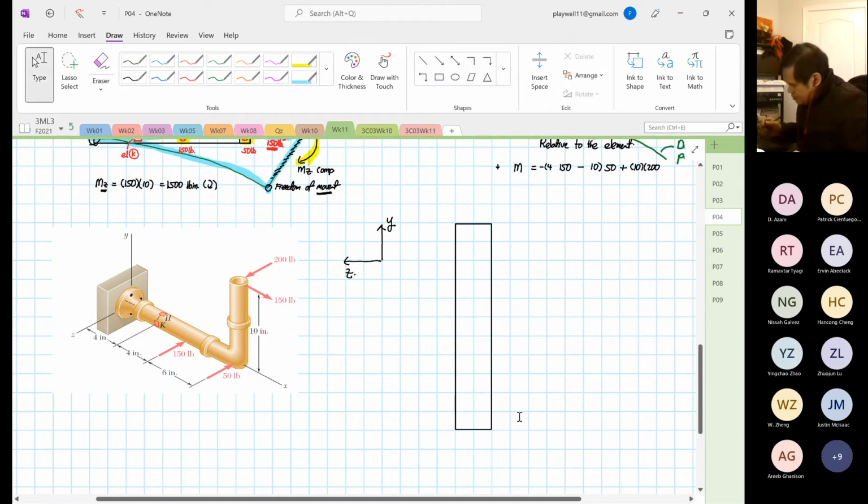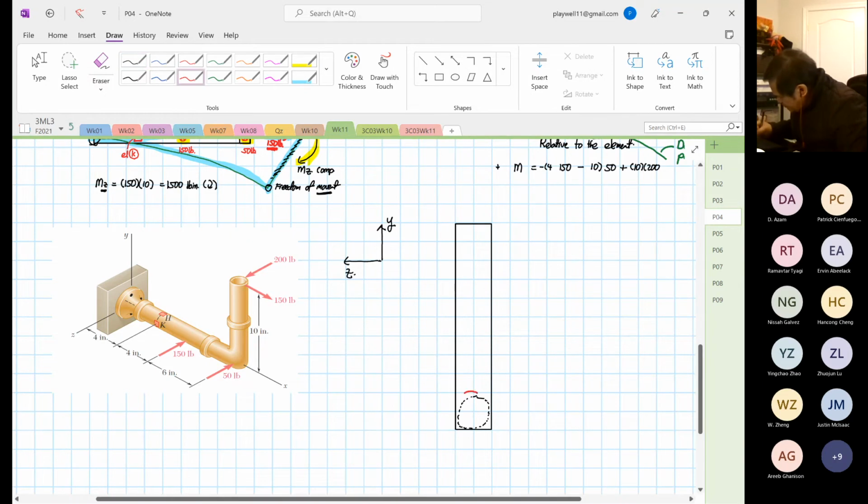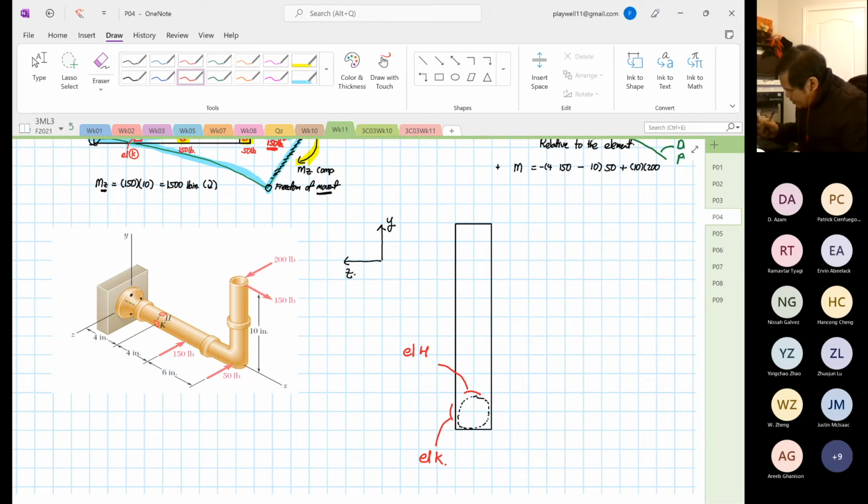Okay, right. So this is our hidden feature. Okay, and I'm going to draw our element. This represents our element H. Then we have one down here. This is our element K. Right. So one is our element H. The other one is our element K. Then we have our